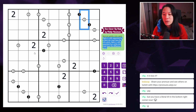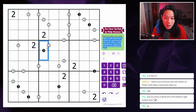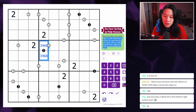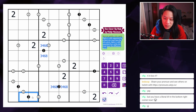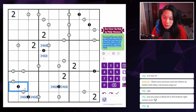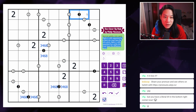separated by 2. Okay, so the 2 there tells me that this can't be 1, 2 or 2, 4. So it's either 4, 8 or 3, 6. May not be as useful as I thought, but so it's 3, 4, 6, and 8. Now, with the 2 there, there's some restrictions, but it's not...